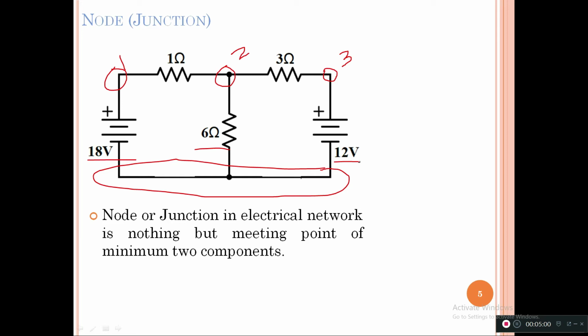Why is it ignored? Because it is grounded. तो जो ग्राउंड हो जाता है नोड, उसको हम जनरली एनालिसिस में इग्नोर कर देते हैं, और उन्हीं नोड्स को कंसिडर करते हैं जहां से हम किसी करंट को या किसी वोल्टेज को एनालाइज कर रहे हैं, या फिर जहां से हम सप्लाई दे रहे हैं। Okay, so here the nodes are 4, but when we do the analysis we will take 3. I will clear it when we come to the KCL.